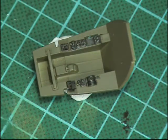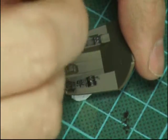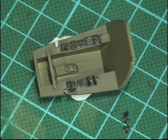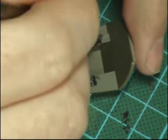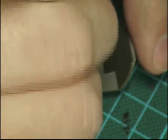Just to make them come to life a bit like that, just to give them a bit of a grey edge, just that little bit of depth. Now remember, we're not going in there too deep and pushing too hard as to take the paint off, like we've done on other dry brushings to bring back the metal colours. We're literally just doing it to lighten up those panels, just to give them a little bit of depth. And we're just going to run around a few of the edges elsewhere,